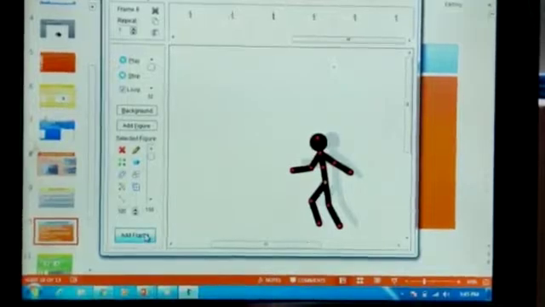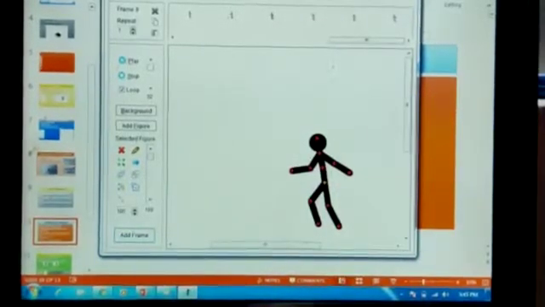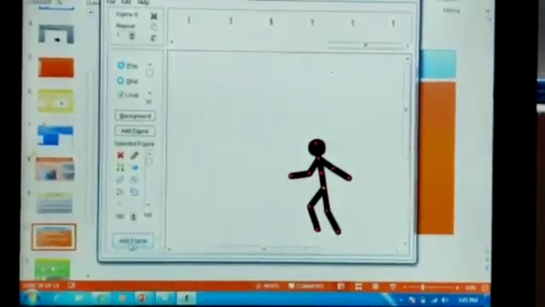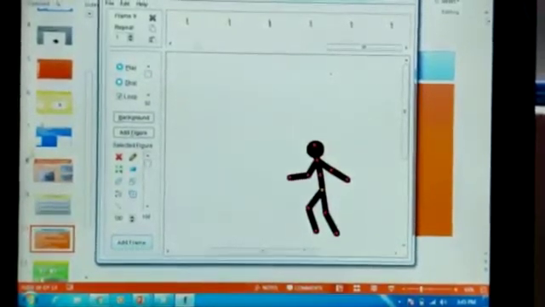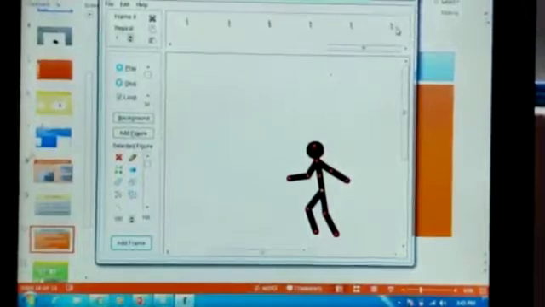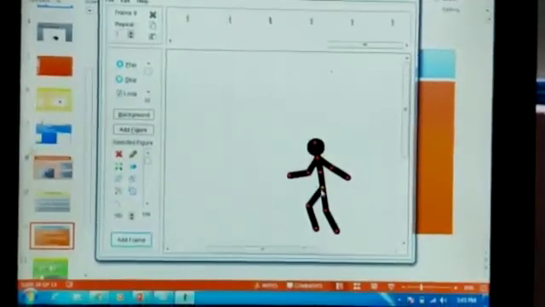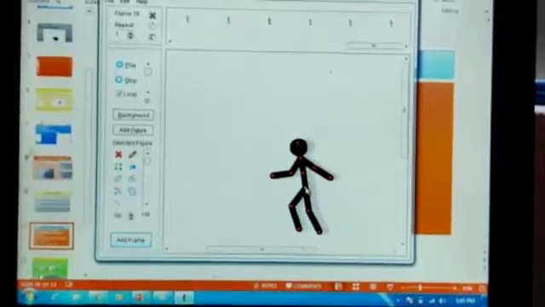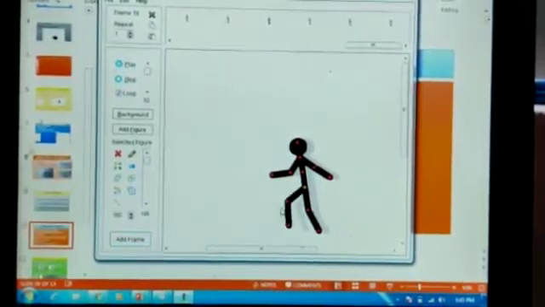Add frame. Click on add frame. What are the changes you are giving? I'm adding them with the add frame button. Whenever I add a frame, it will be added to the timeline. Slowly, in the same way, you can give the movements until you reach what you require.